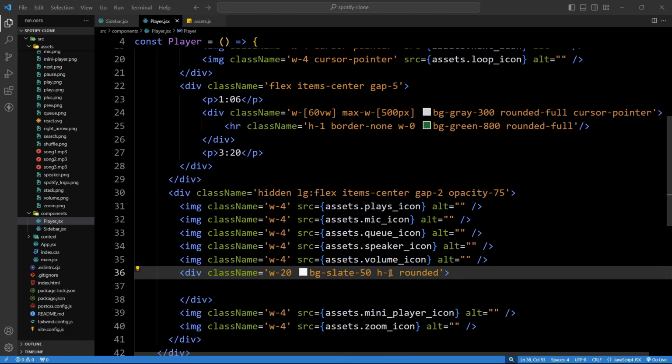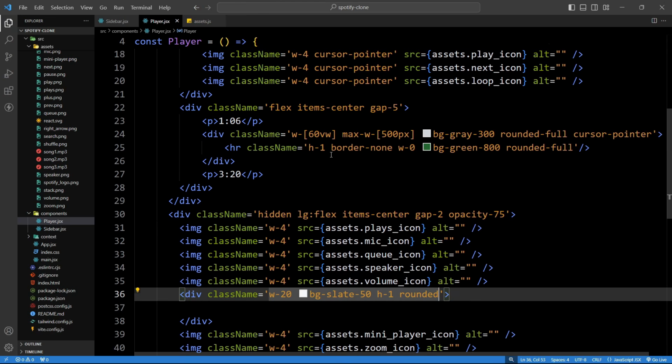Now if I open the web browser, so here we have the song details in the left side. In the center we have this Seekbar and control buttons, and in the right side we have these icons. So these icons displayed in the right side will be just dummy icons. Now the UI for our player is ready. After this we will create a new component, and we will provide the name, display, and we will mount that component at this place. So let's come back to the VS Code editor, and